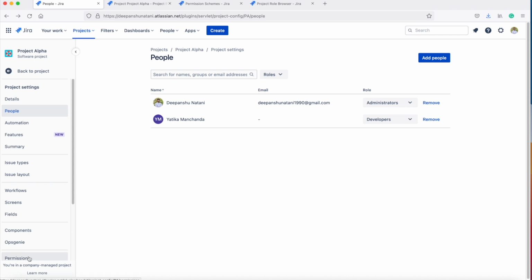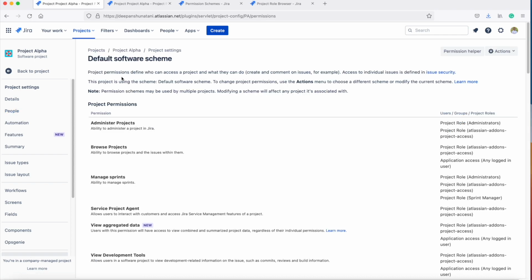I will go to the permissions, and here I can see that this project is using the permission scheme Default Software Scheme. And here, the manage sprints permission has been assigned to the project roles administrators and sprint manager. So in order to grant the user this permission, we need to add the user either to the administrator project role or to the sprint manager project role.